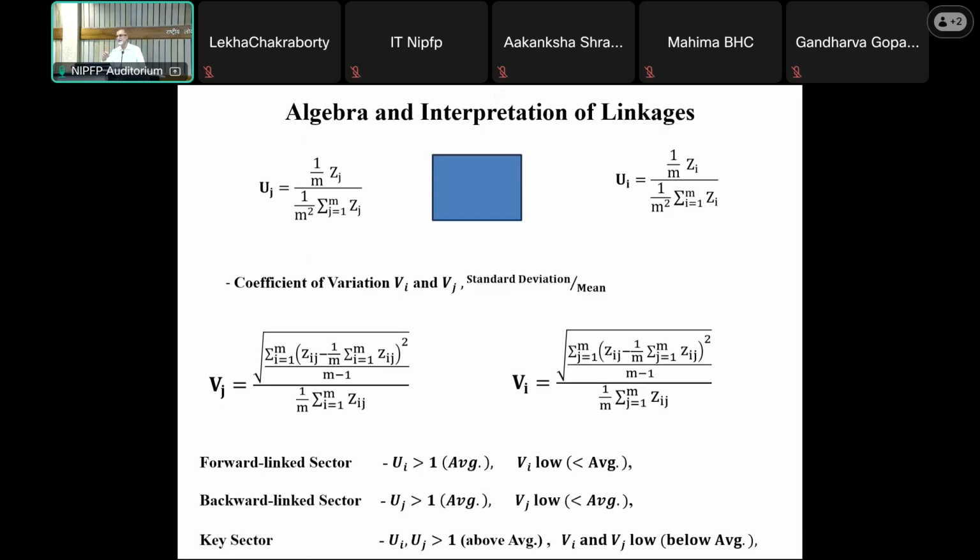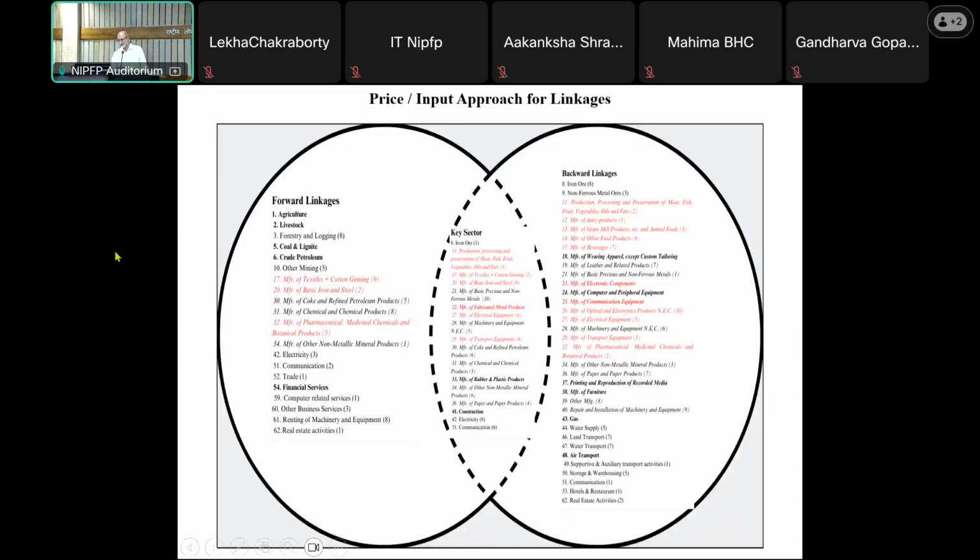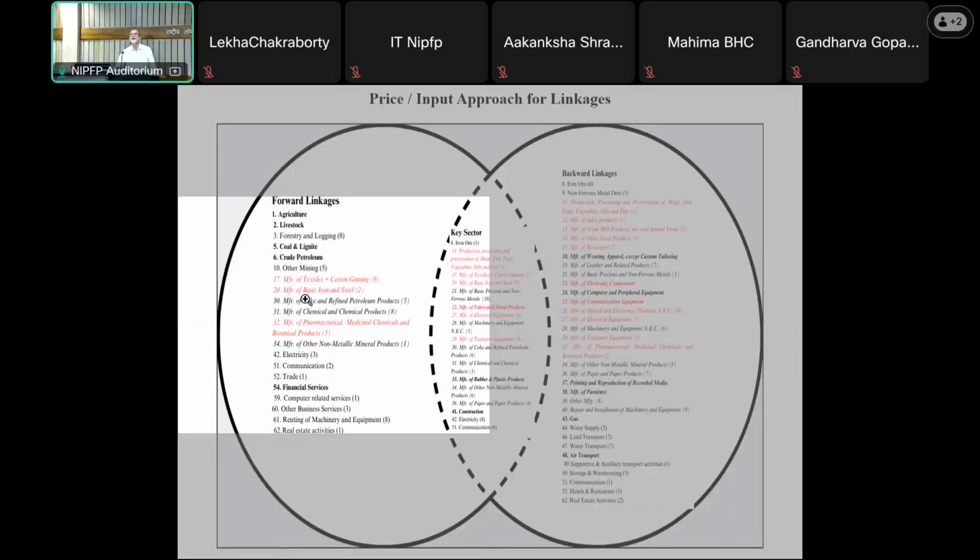One is that you can look at whether the average strength of the relationship is higher. The other is you can look at how uniform that strength is, or how it is distributed across all sectors. The less distributed it is, the stronger the relation. And if it is both forward and backward linked, then it can be called a key sector. So this is how, when you distinguish the linkages, they look. Suppose you are looking at sectors